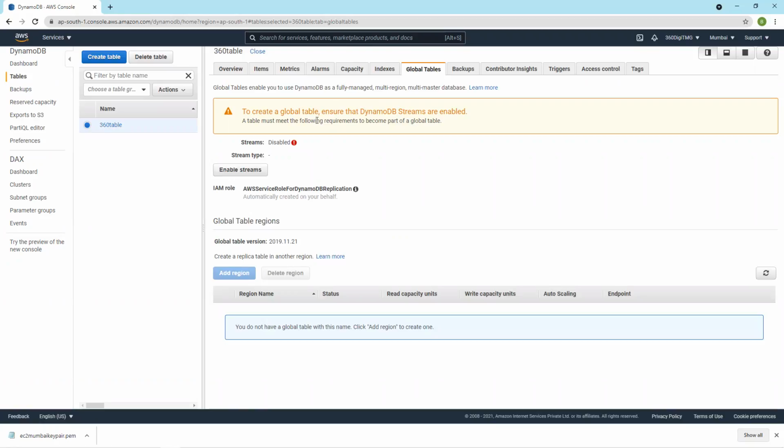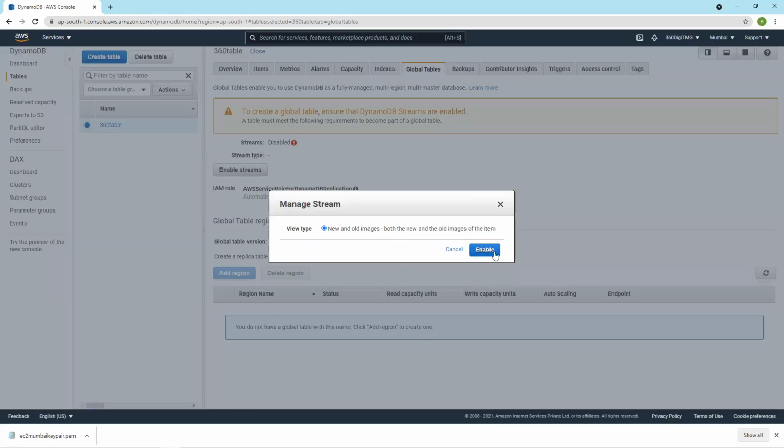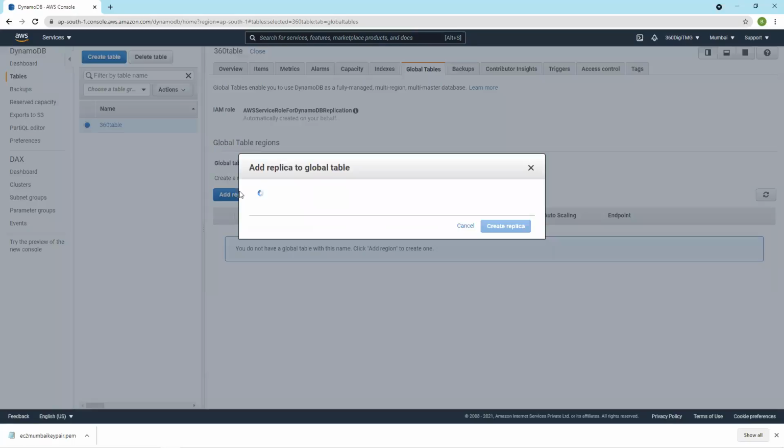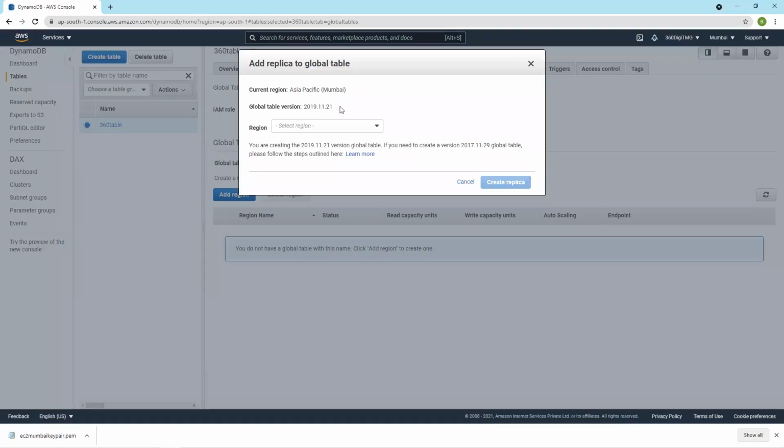To create a global table, ensure that DynamoDB streams are enabled. Since it's global, we have enabled the DynamoDB stream. Now you can add a region, same like S3. You create an S3 bucket in a certain region, but it is globally available and accessible. Same thing, add a region, add a replica to the global table.